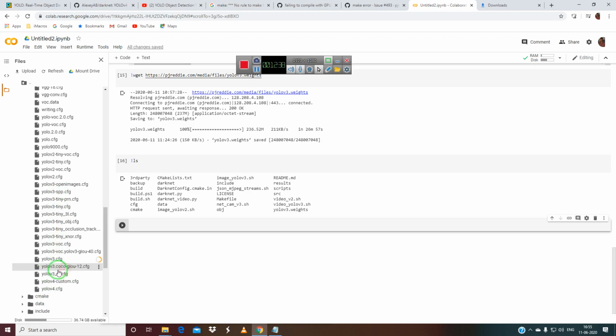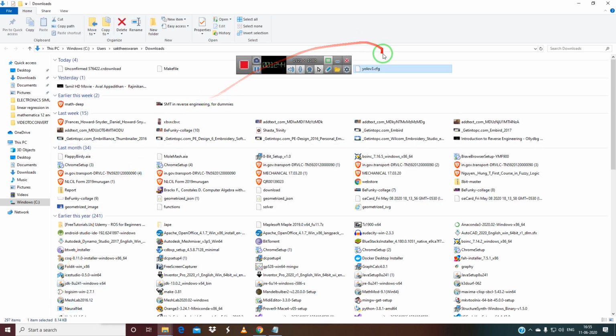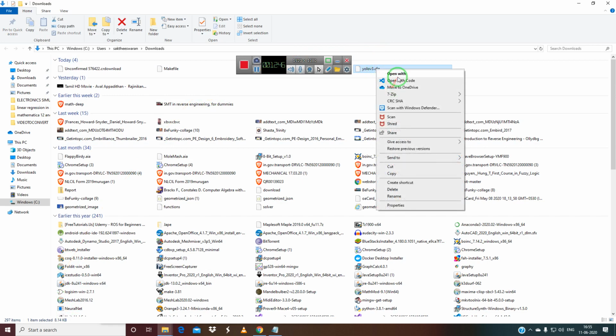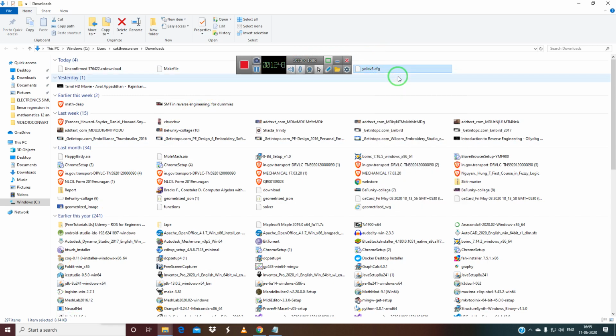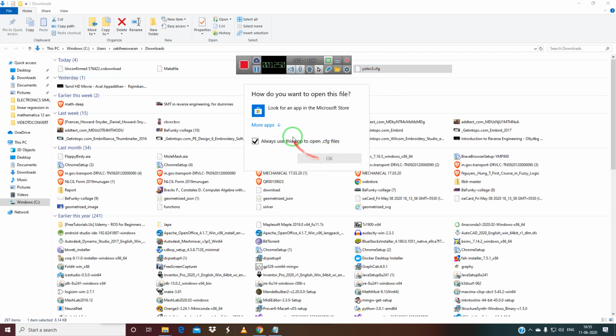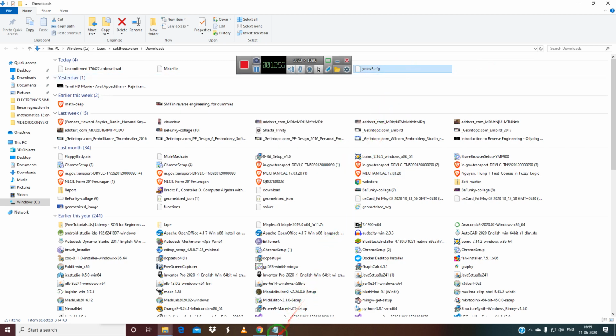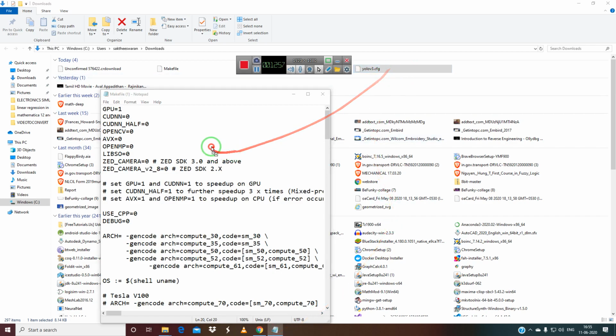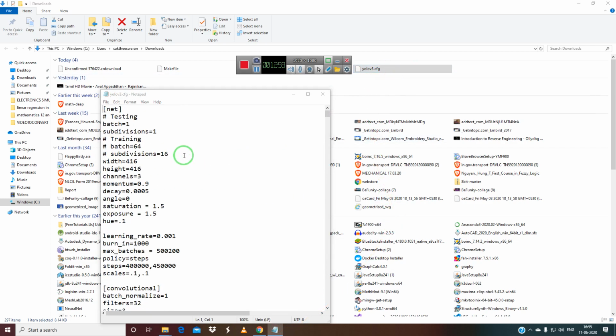Just download it, keep it, show it in the folder, and open it in the text editor. Now you can see subdivision and batch as 1, and 416 by 416.